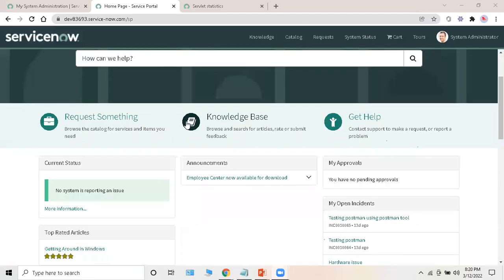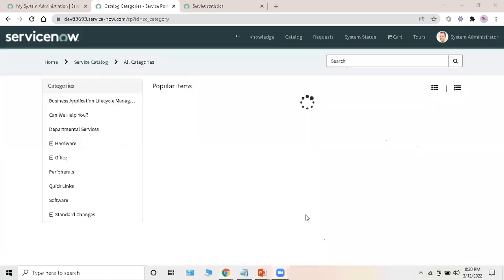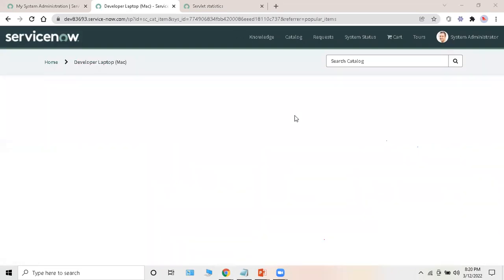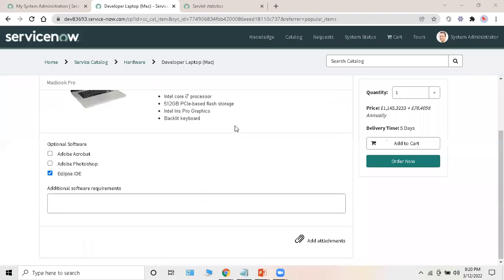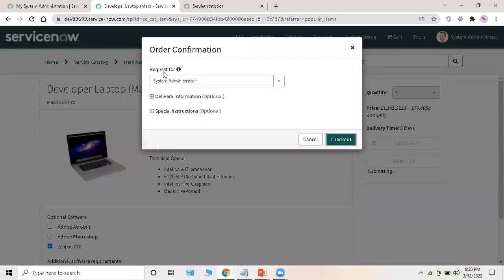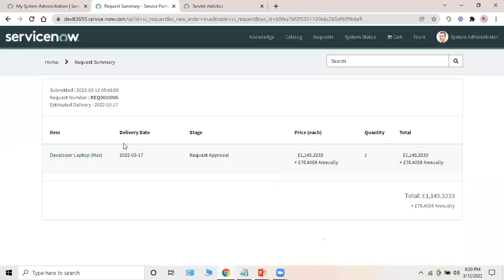See here, we have a request, right? I just need to order something, maybe a laptop, a phone, or anything else. If I want to order this one, I'll click on this specific item. I'll go with my software updates, and if I want to add any additional requirements regarding my software, I'll add them, or else I'll click on order now. Now I just need to confirm who the requester is. I'll go with the existing person only. Now one request will be